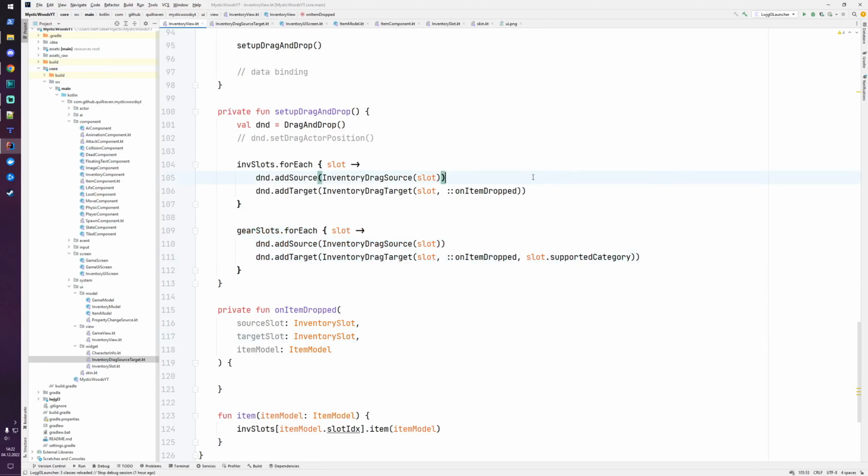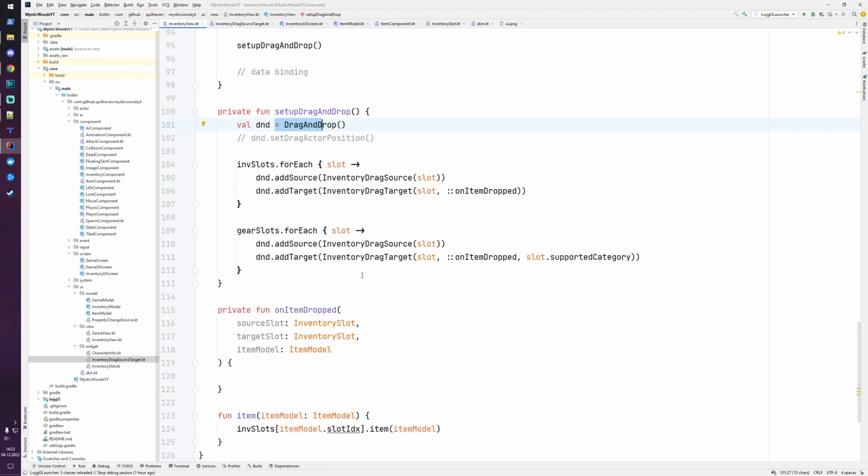Okay, so we are almost done now. If you got this far and understand everything, then good job, because the first time I was learning this drag and drop stuff from Scene2D, I was heavily confused how it works, and it was not easy for me to implement it, but I hope that I explained it good enough that you could follow so far. The last piece that we are currently missing,